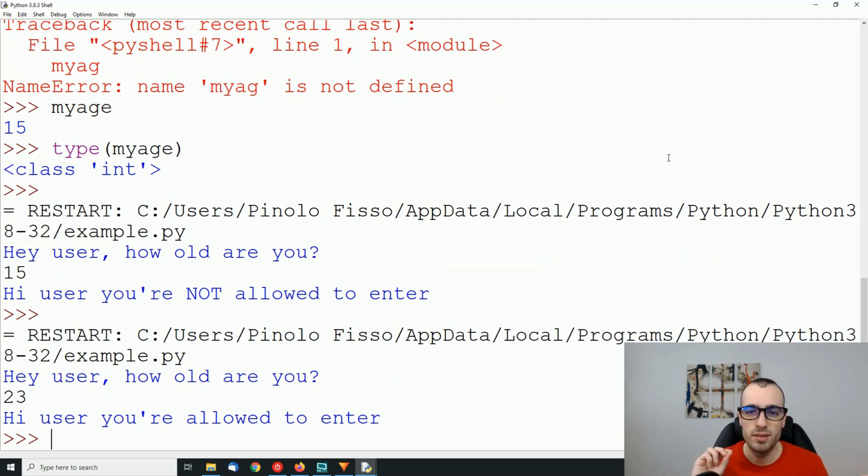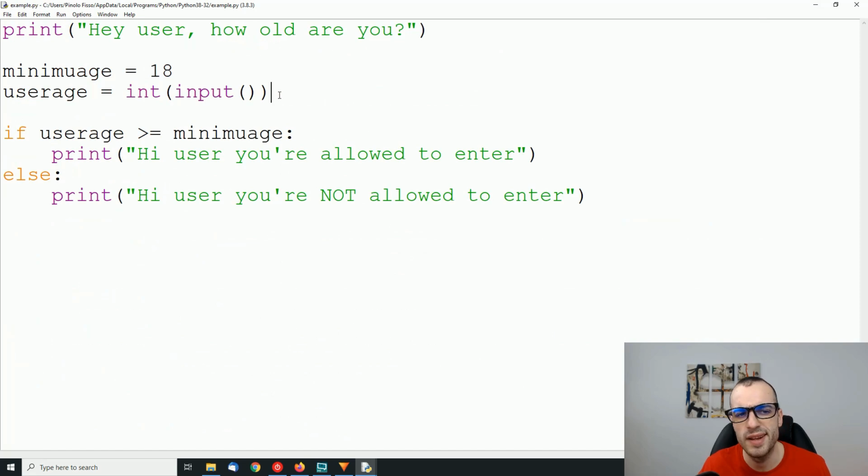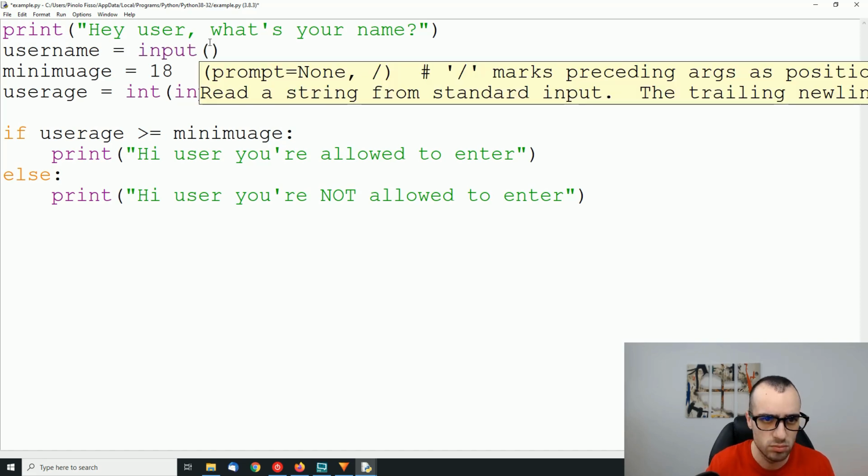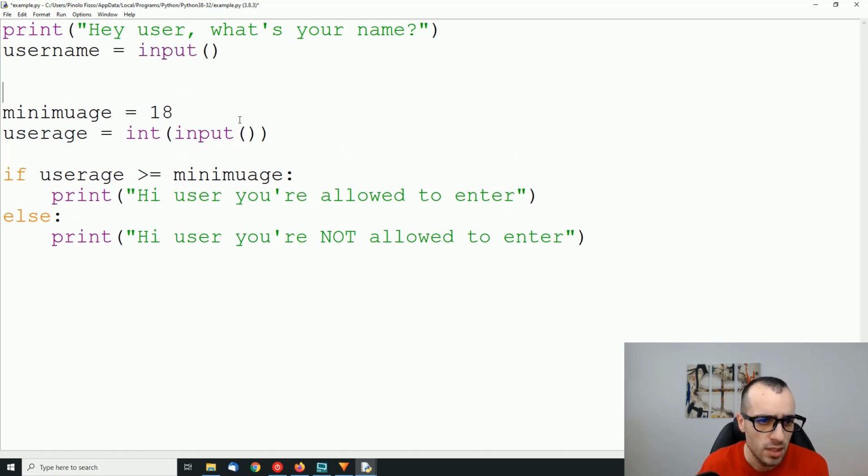Let's make this program a little bit more personalized. So let's also take the name. Hey user, what's your name? And we take the name, username, input, and then